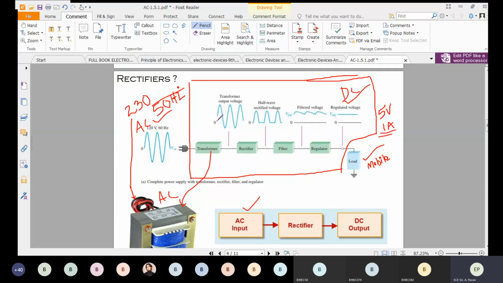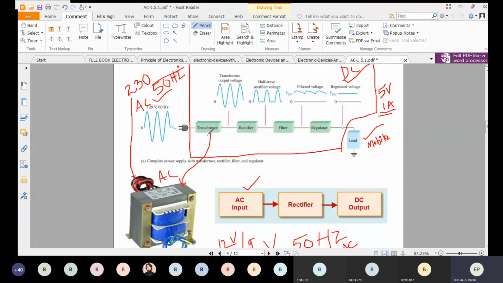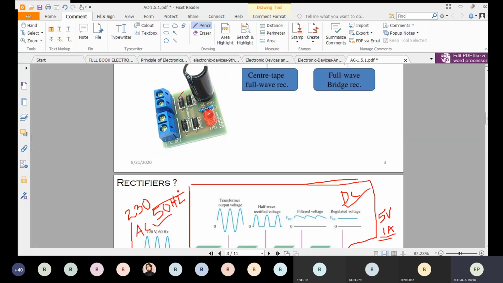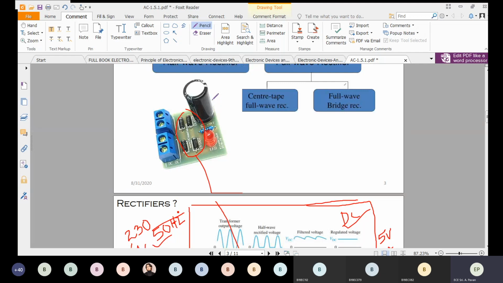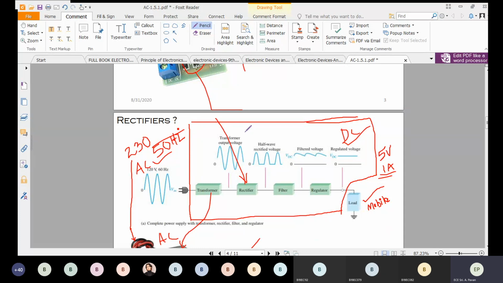So ultimately we are supposed to design this sort of thing, right? See here, this is the transformer. These two we have as diodes in this diagram. We have 4 diodes, and all these 4 diodes put together are called a rectifier. Filter means we have a capacitor here. This capacitor is called a filter, right? So at the output of the capacitor, we're going to have this straight line. Is this fine? Now moving on to number 91.